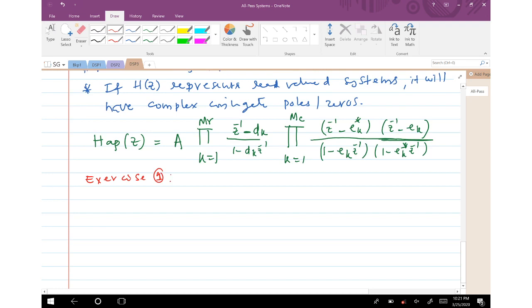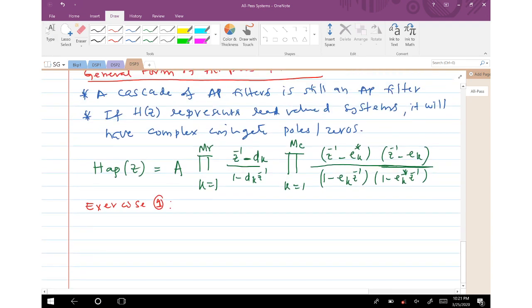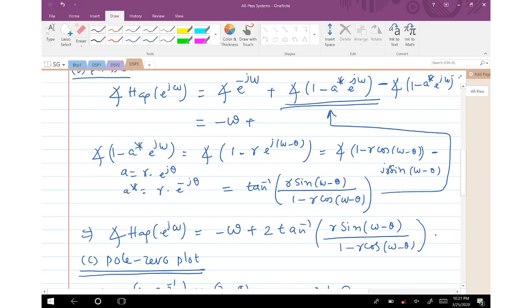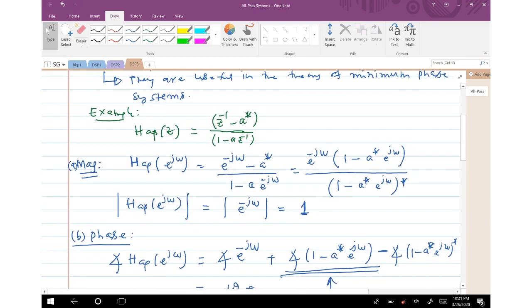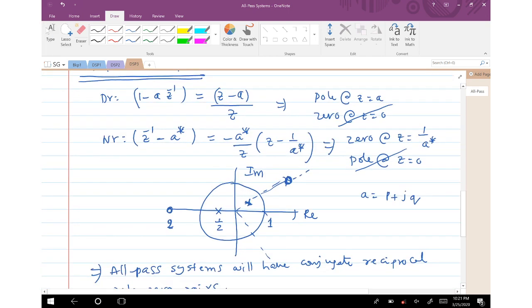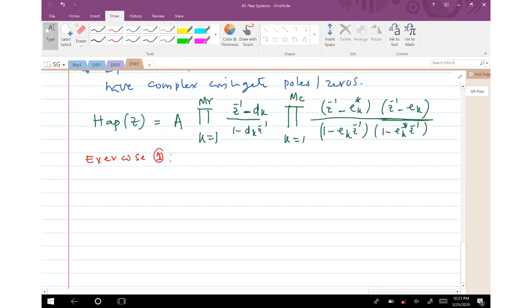Let the first exercise be, earlier we derived here the phase expression when you have a simple real pole of z inverse minus a conjugate by 1 minus a into z inverse. Now I would ask you to derive the phase expression for a complex conjugate pair. So what I would say here is,